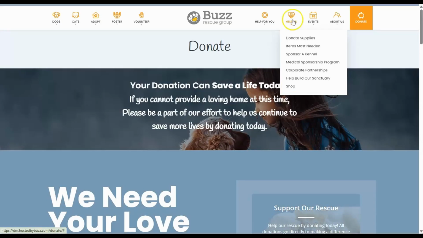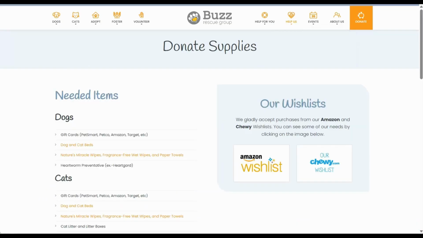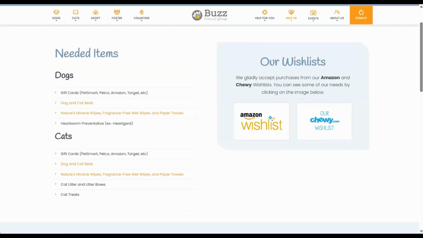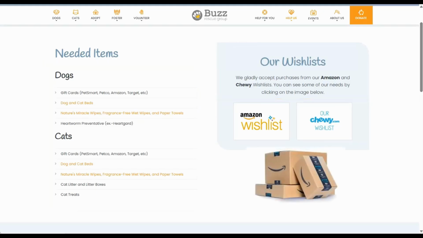On the Donate Supplies page, you can easily create a list of all the supplies you need, whether it's dog or cat beds, heartworm medications, etc. And you can also connect your Amazon or Chewy wish list to this page as well, so people can make purchases easily. In no time, you may be surprised at how fast you'll have Amazon packages piling up at your